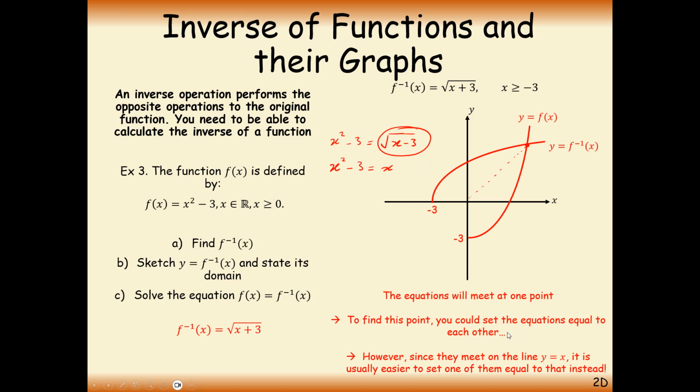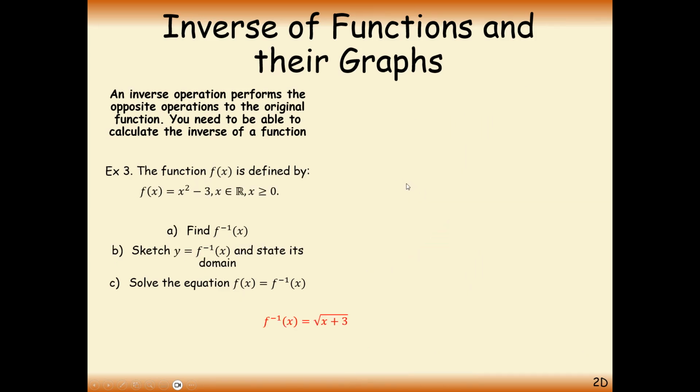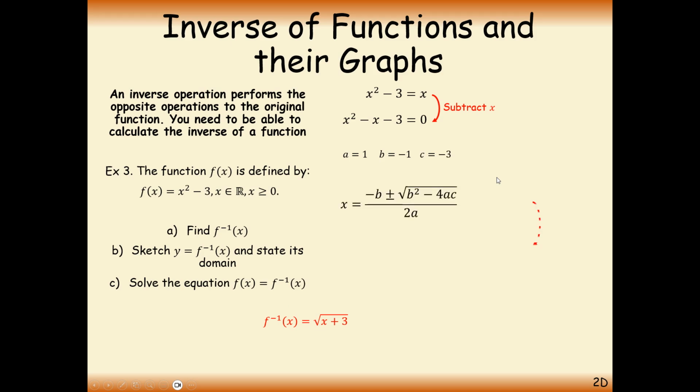This is an easier method than going through the algebraic methods that may not work. So, what we said is that we're going to write x squared minus 3 equals x, because that's the output of the inverse function, and bring x to one side of the equation and solve it with the quadratic formula. Our answer will turn out to be